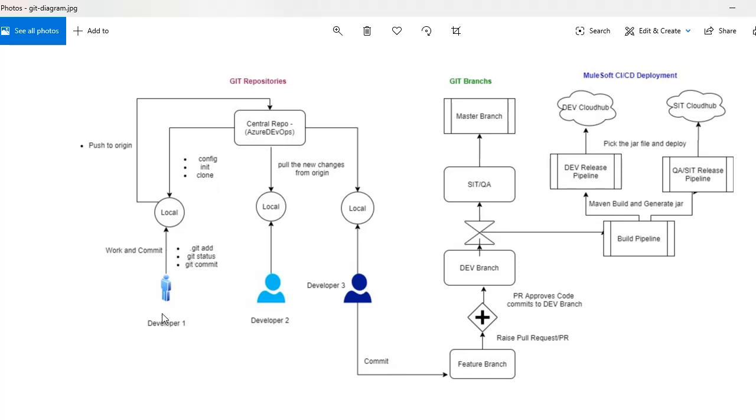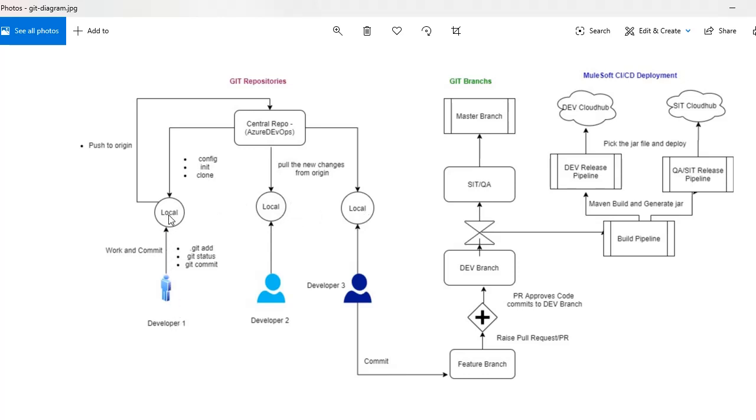Let's assume these are three developers: developer 1, developer 2, developer 3, who are going to work on the same code in that central repository. In real time, we first need to create a local repository on each developer machine.